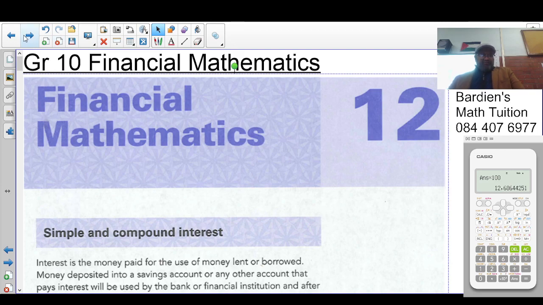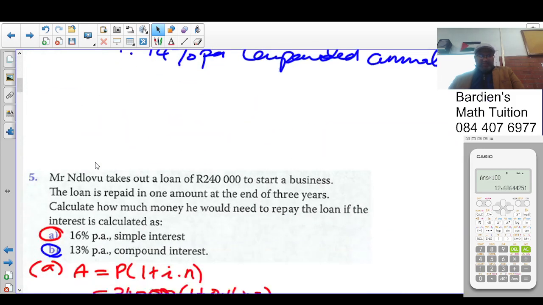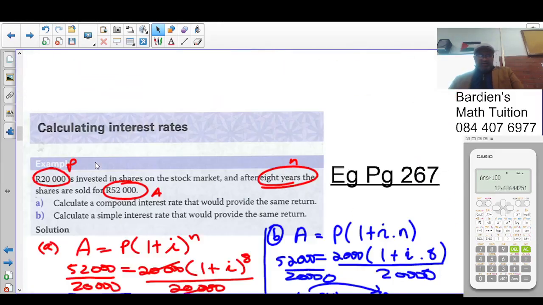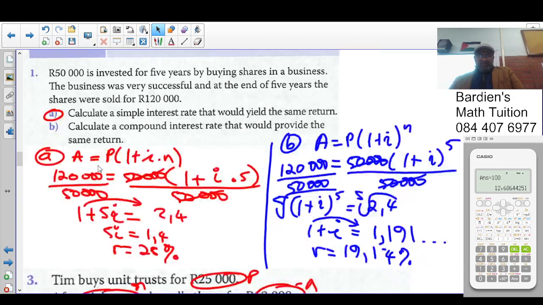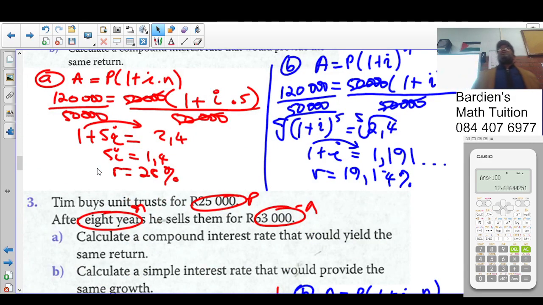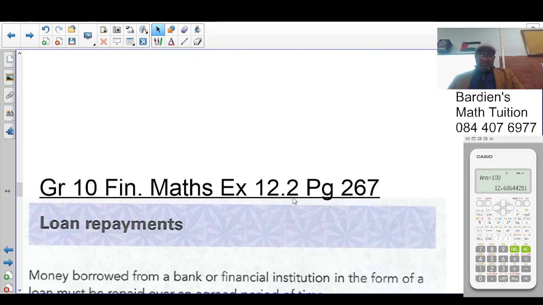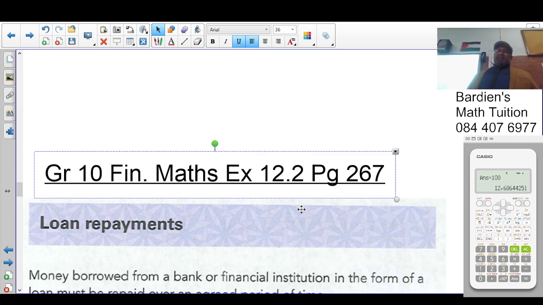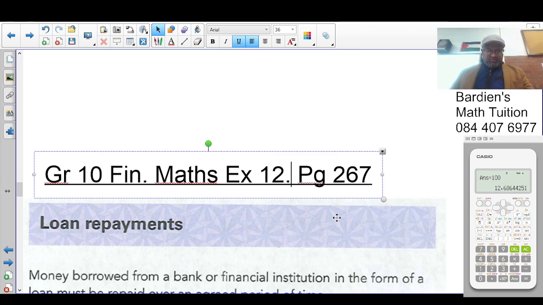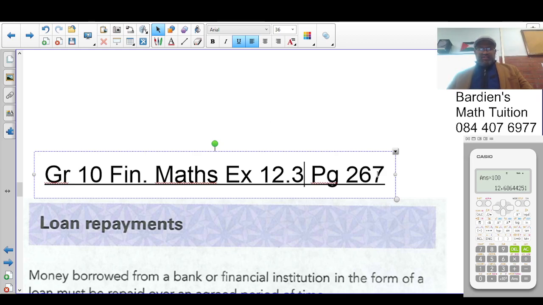So today we're looking at financial maths. At this point, we have given you exercise 12.3 form, correct? Because of load shedding, it threw us out a bit. So at this point, our learners have answered the exercise 12.3's odd numbers already. So I will explain the examples, then I will go straight into the odd numbers of exercise 12.3, which is